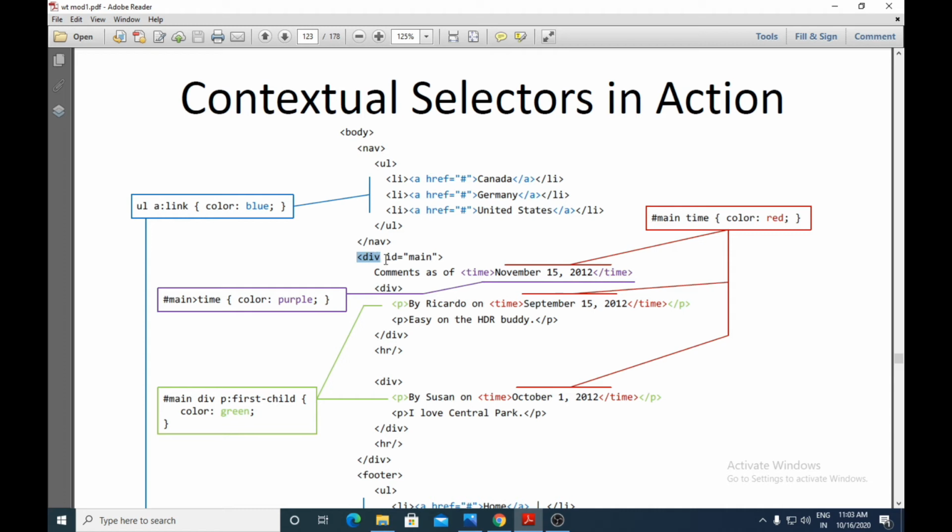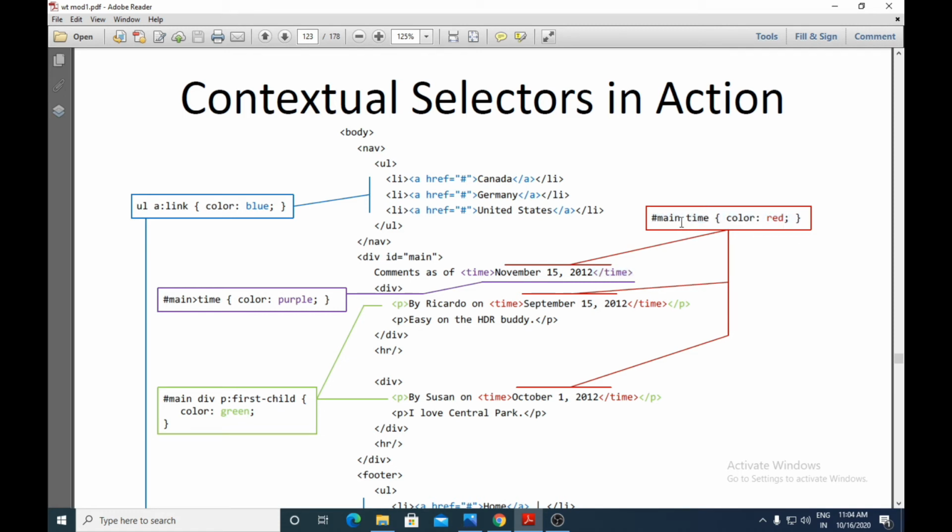Element is making an attribute. Okay, so this is an id selector, making an attribute and the value is main. Okay, so what they have done here is, a time element is there. Inside they have used November 15 2012, and another time element is there. Okay, so here in a red box they have given a selector.